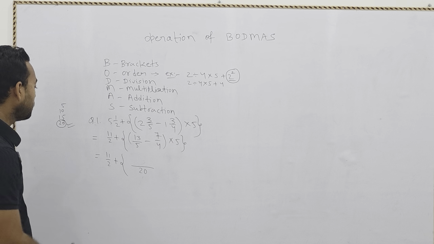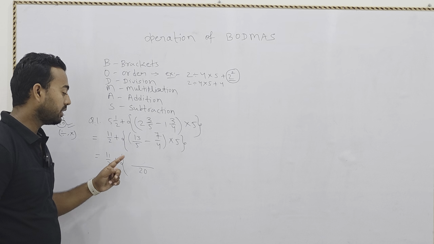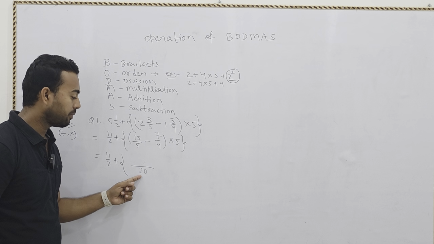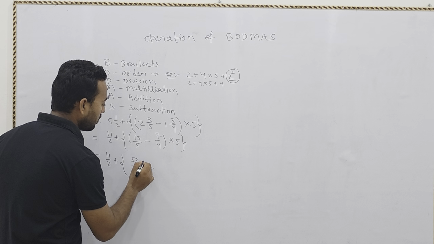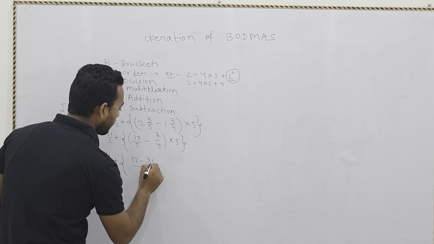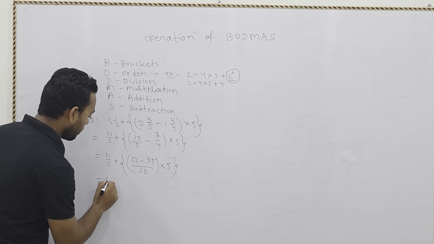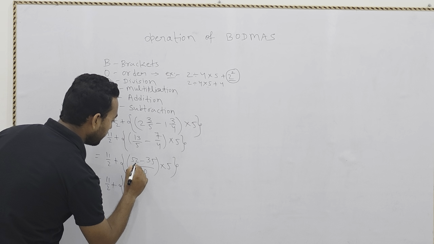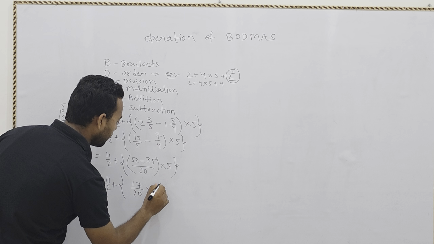The next step was to first divide, then multiply. Denominator divide, and then what we will get? We will multiply with the numerator. So here we will divide 20 by 5, we will get 4. 4 multiply by 13, so we will get here 52 minus 4 divided by 20. We will get 5. 5 multiply 7, 35. So here bracket close, multiply by 5, curly bracket. 1 by 2 plus this we will subtract, here 52 minus 35 is 17 by 20, multiply by 5.